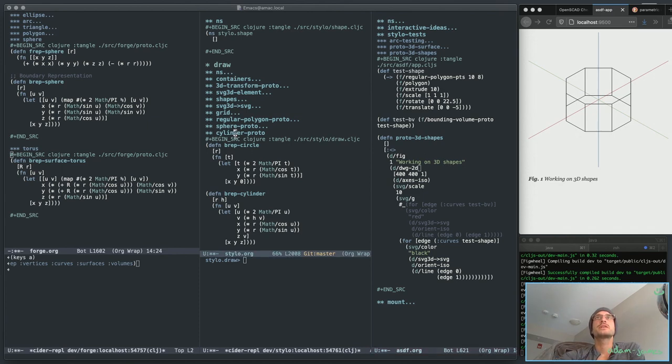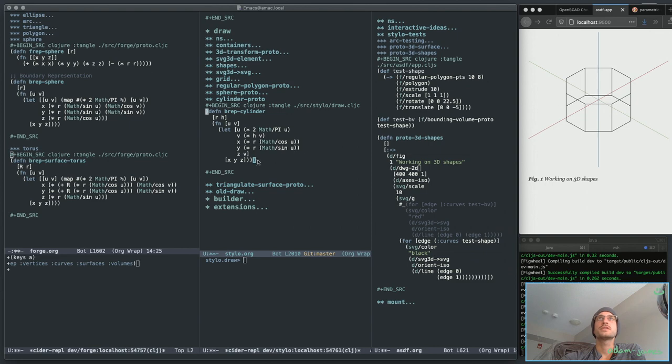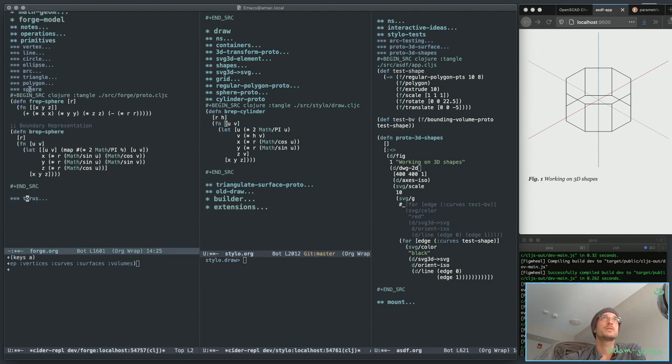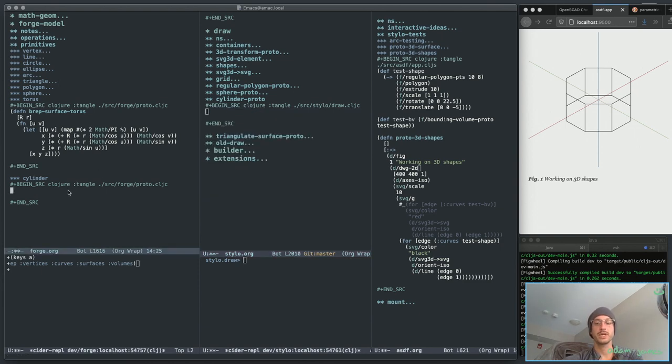But back to just cleaning this up a little bit. Brep circle I already have. Brep cylinder seems pretty useful. This is a cylinder surface again. So what I can do here, sphere, torus, split this again, and I can make cylinder, and we can start with this brep here. So cut and paste, brep surface cylinder,